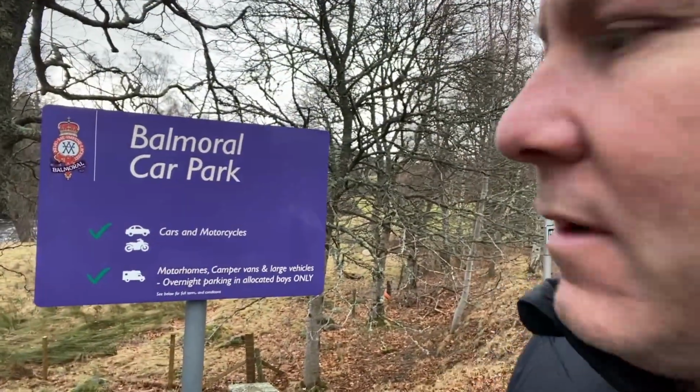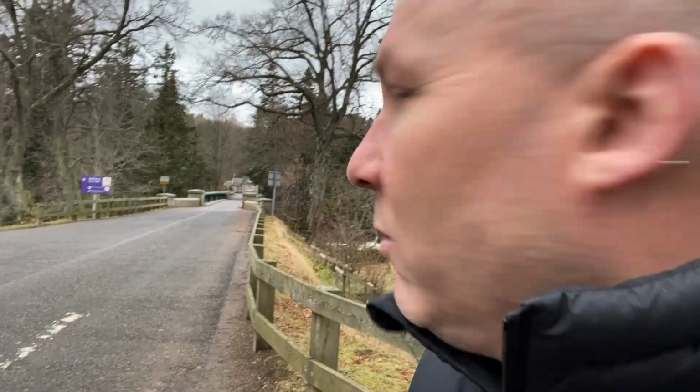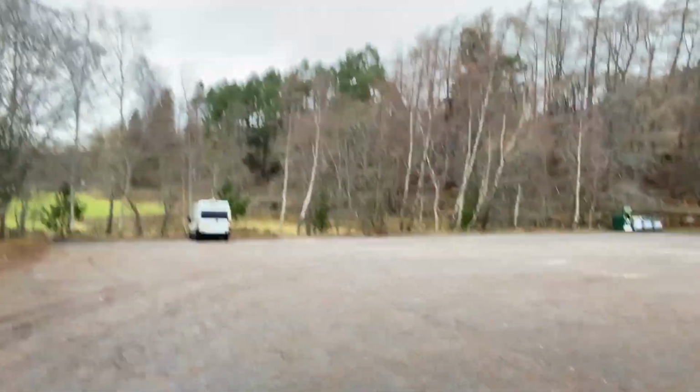So this is their car park, so you can park in here with motorhomes during the day or at night time. There is a parking charge, and you're next to the river. You can walk across there, and to the right is the Balmoral estate. Obviously the royal family's estate. Nice park up here. There's motorhome allocated parking spaces,